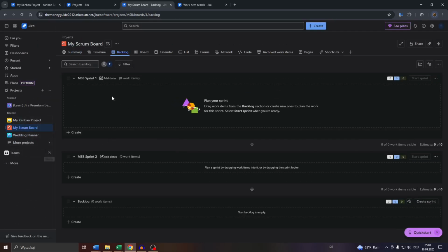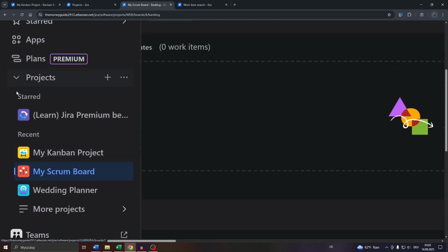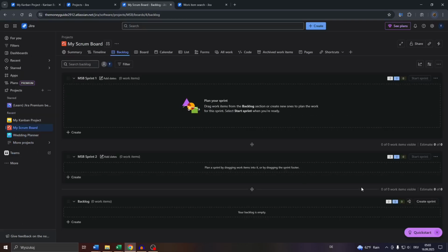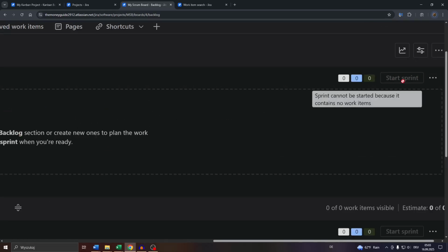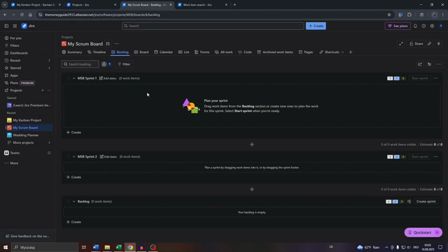So guys, in the first step, head over to your Jira site and access one of your Scrum boards from that list of projects here. And here, within your Scrum board, you will be given the opportunity to start your sprints like that one, create a new sprint. How can you do this, guys, and run these sprints and customize them within one project